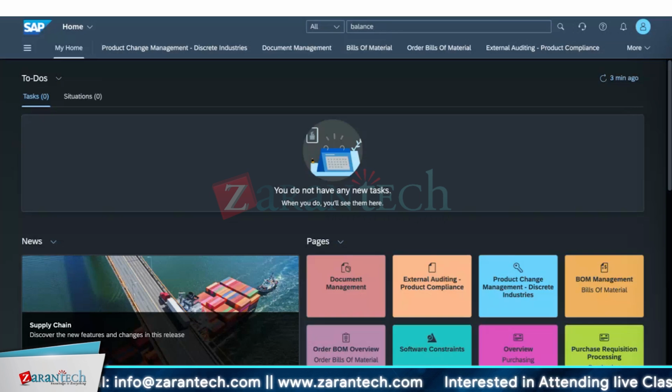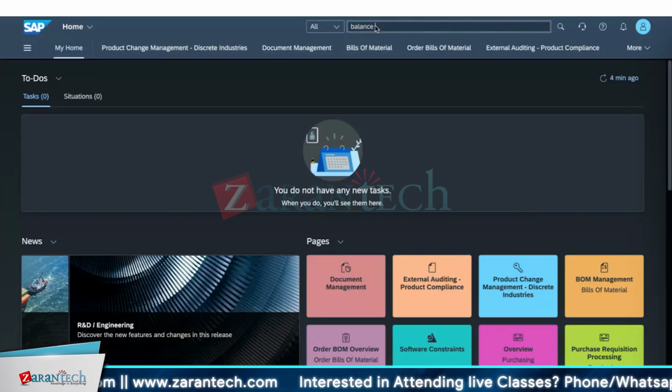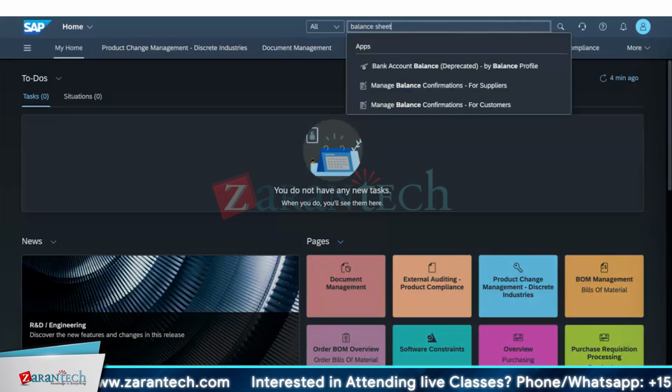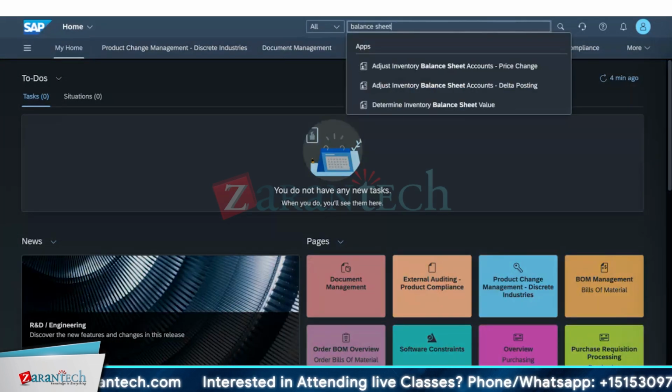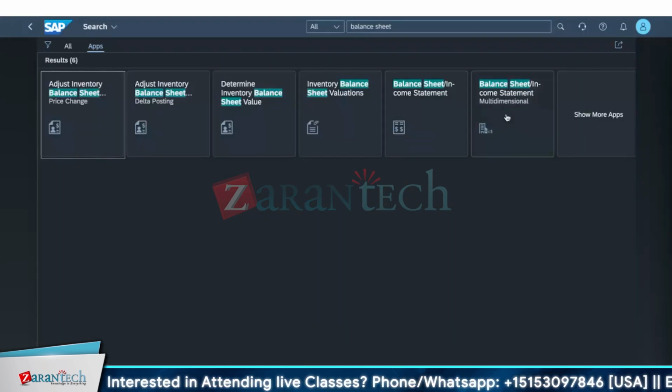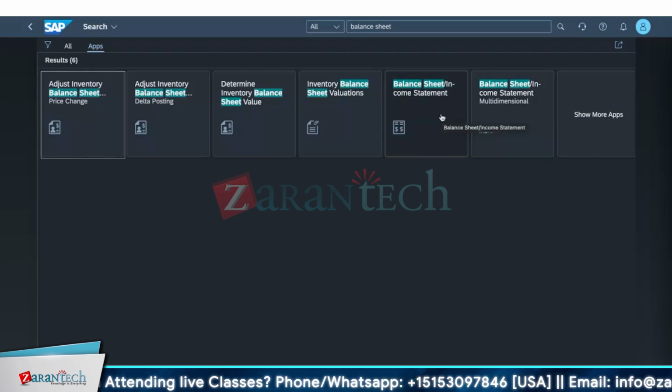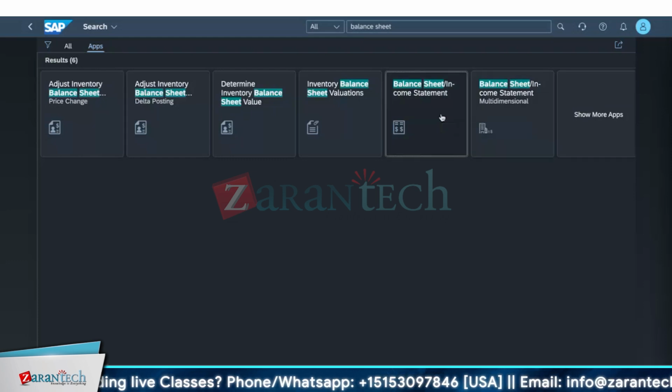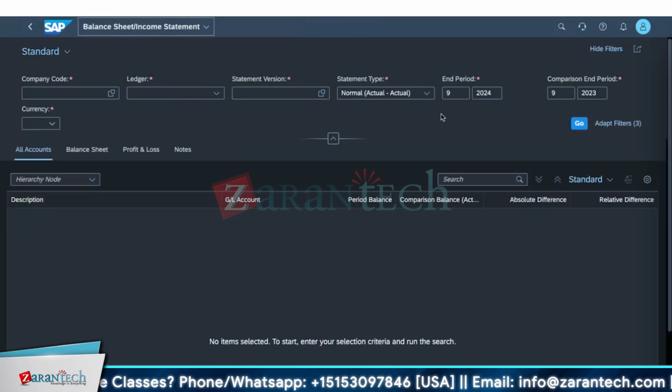Then this will be easy to showcase. But with whatever limited data we have, I'm trying to show you the concept. This is the balance sheet, and the income statement is there. These two things are there, multi-dimensional and the normal one. So if you go to the normal one,